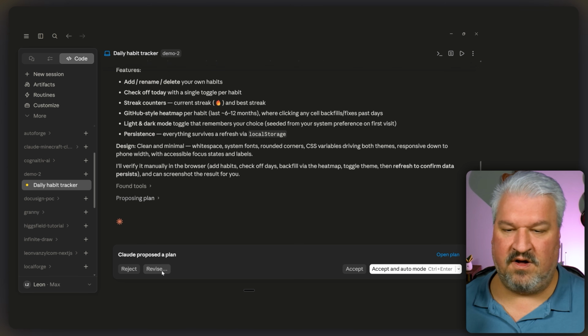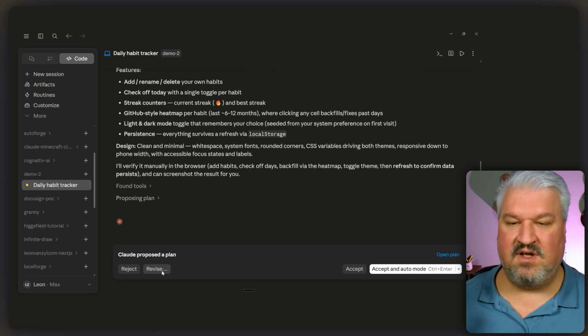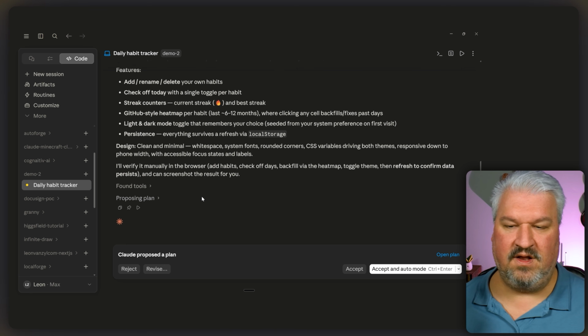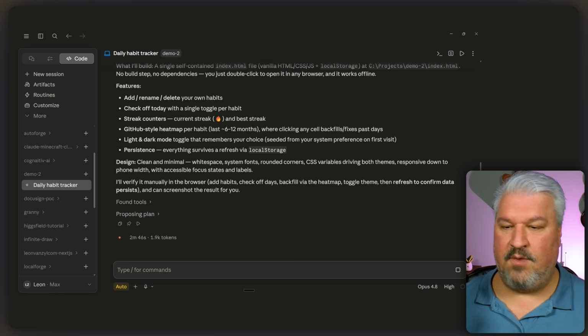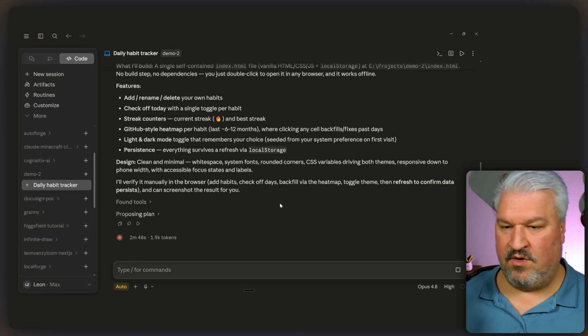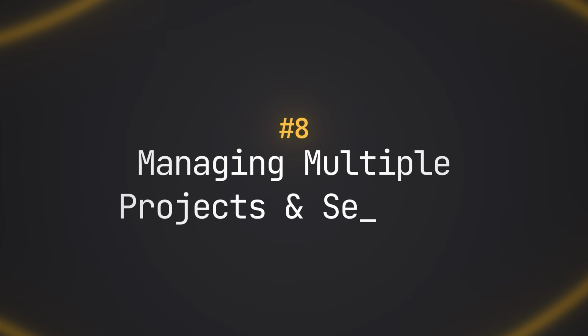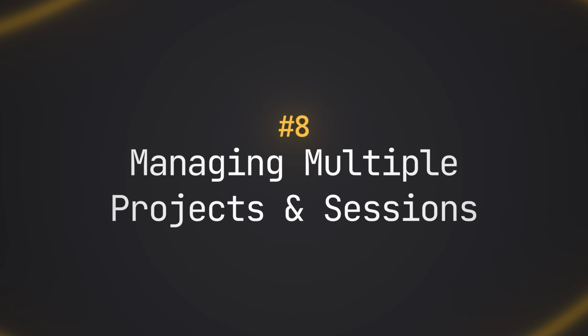So we can click on revise, tell Claude what we want to change, and Claude will change the plan accordingly. Once we're happy with the plan, we can click on accept and auto mode. So now we're out of planning mode and back into auto mode. Right, Claude is busy building this project, and I want to show you one of the strengths of using Claude